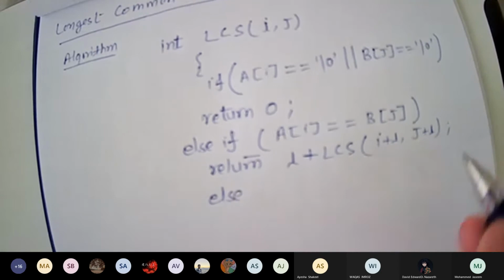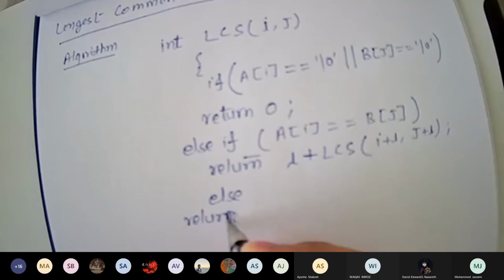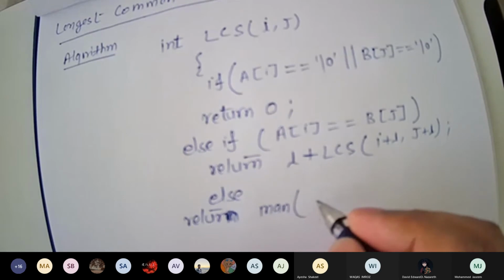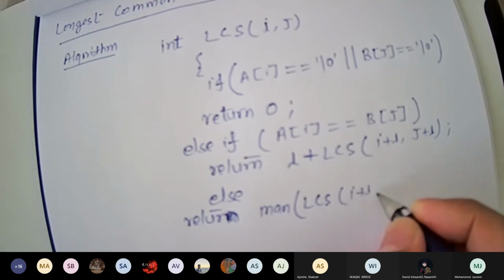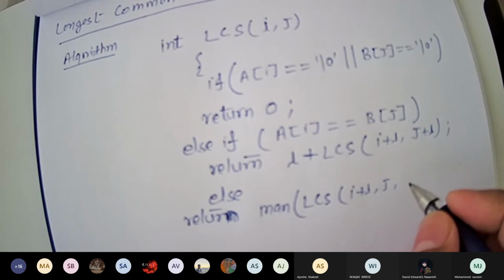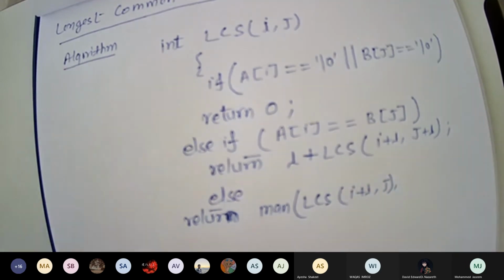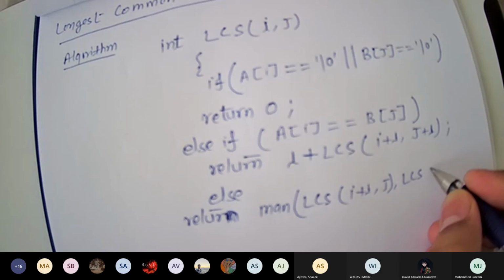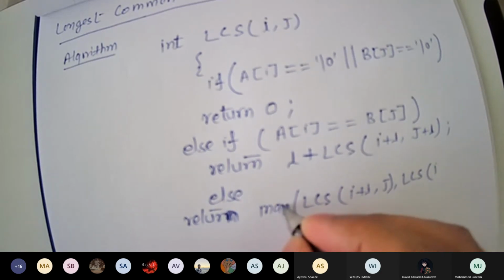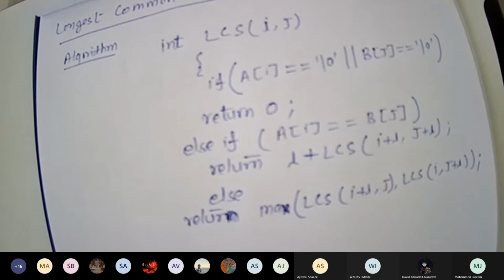Else, if it is not same, return the maximum of LCS(i plus 1, j) and LCS(i, j plus 1). So this will be your algorithm.